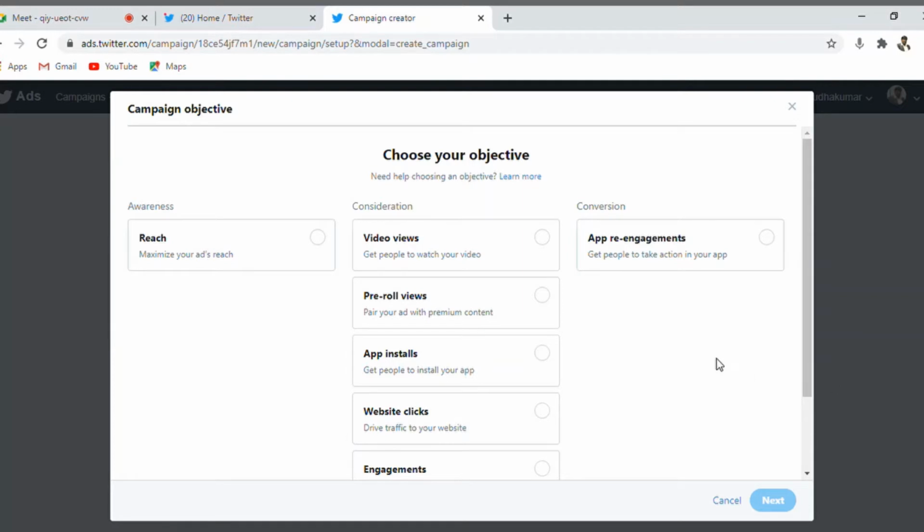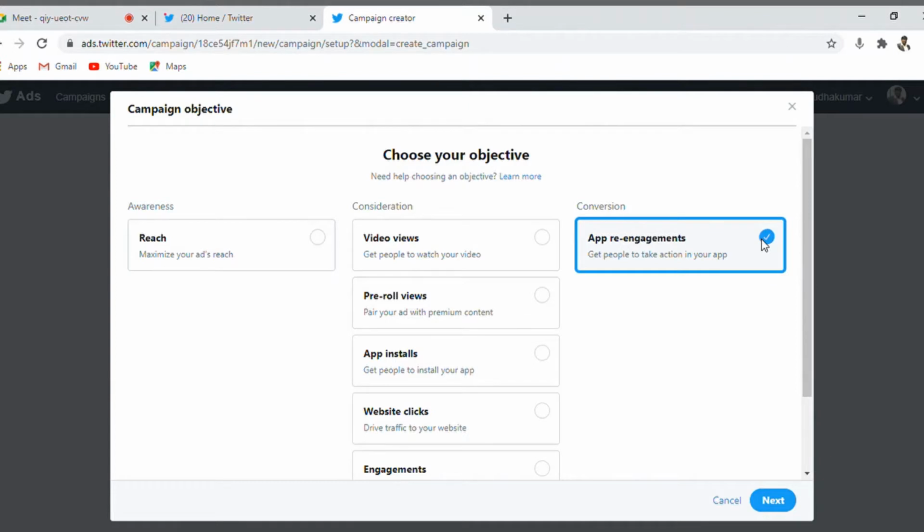So basically this is a type of campaign for connecting with people who already have an application installed and re-engaging them with it. This goal of app re-engagement is designed so that if you have an app install campaign, with the goal of app installs, already being performed, and people have installed the application but are not actively using it, you can prefer to have an app re-engagement campaign where people will